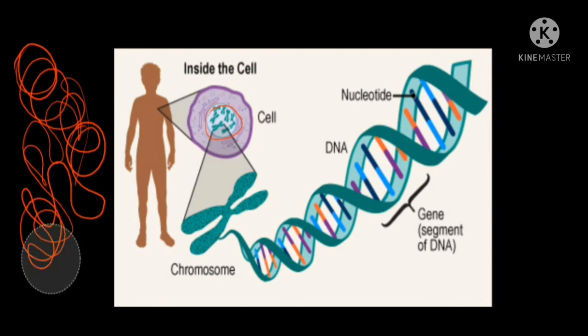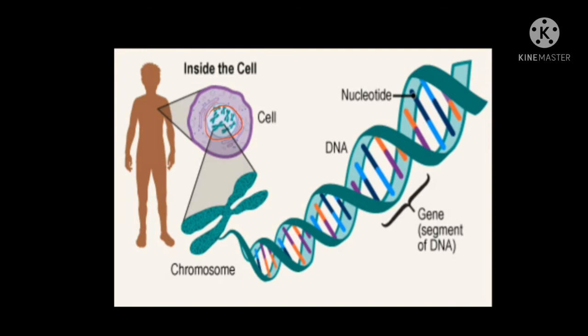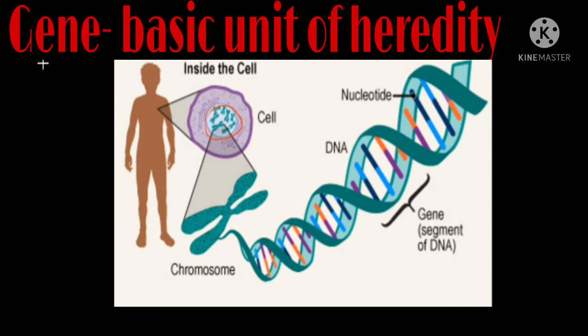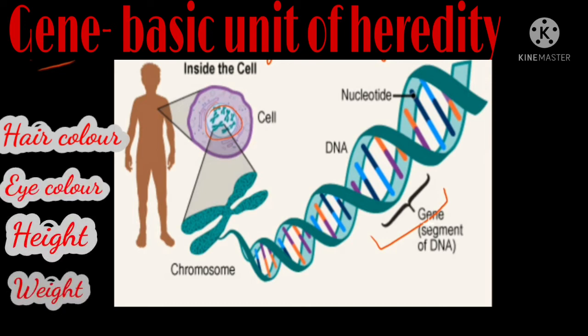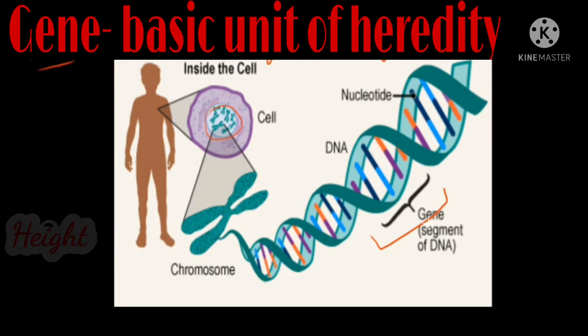Now, let's see what a gene is. A gene is a basic unit of heredity. It is able to transfer the genetic information from parents to children. The single compartment is known as a gene. A gene is capable of encoding various characters. For example, characteristics like color of hair, color of eyes, height, weight, and other characters are all encoded by a